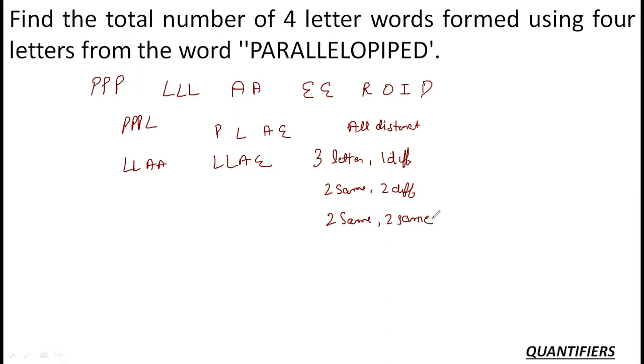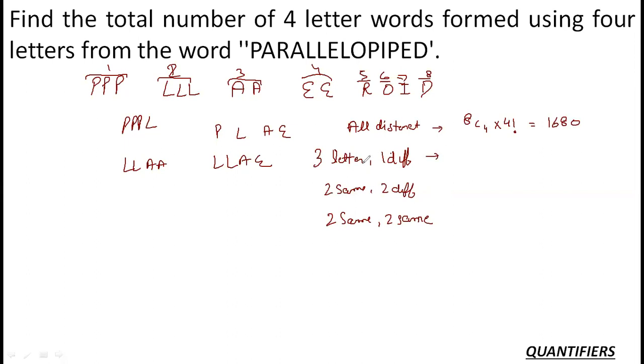Let's see in how many ways I can do that. So if I am taking the all distinct case, it will be considered as one alphabet. That is, either P comes, or L comes, or A comes, or E comes, or R, or these others come. Any four alphabets out of these eight can come to me. I just need 4 alphabets out of 8. So basically 8C4, and then if I arrange them into 4 factorial, which can also be stated as 8P4. Again, I'm just repeating it. All distinct means I am considering that these P's are a single unit, these L's are a single unit, right? So 8C4 into 4 factorial. So this is nothing but 1680.